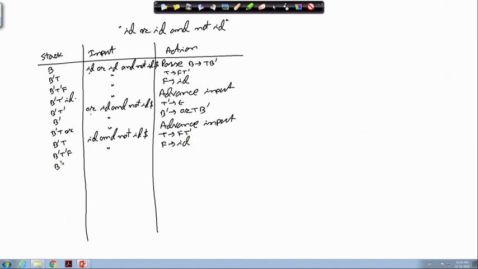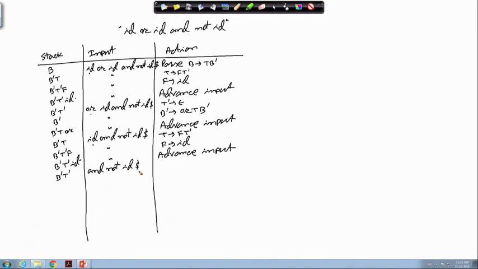So, F will be popped out from the stack and this ID will come in. Now these two IDs will match, so the action will be advance input. This stack will become B dash T dash and the input will now have AND, NOT, ID, dollar.